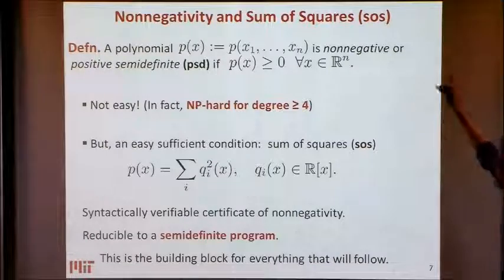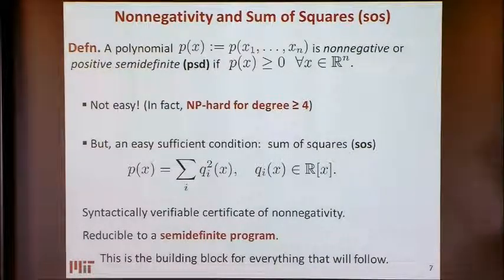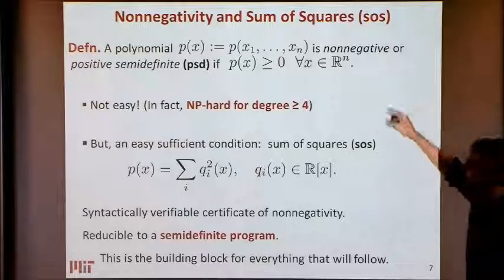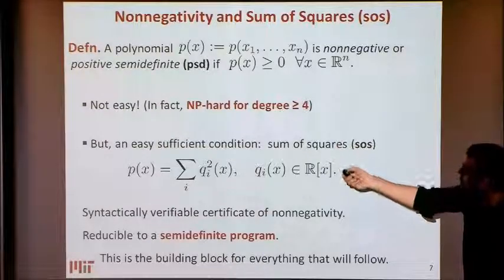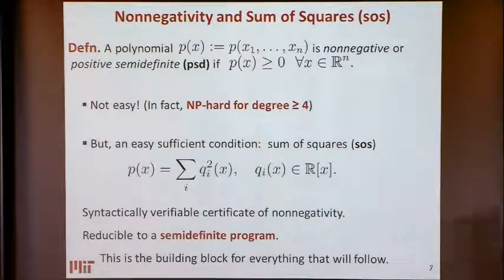And let me try to address a very old, very natural question in applied mathematics, which is, let's imagine that I have a multivariate polynomial, right? And I want to understand whether this polynomial is non-negative. So I have a polynomial in n variables of degree d, and d will have to be even. And I'm trying to understand whether this polynomial is non-negative whenever I plug in all possible variables, right? And here I'm working over the reals.